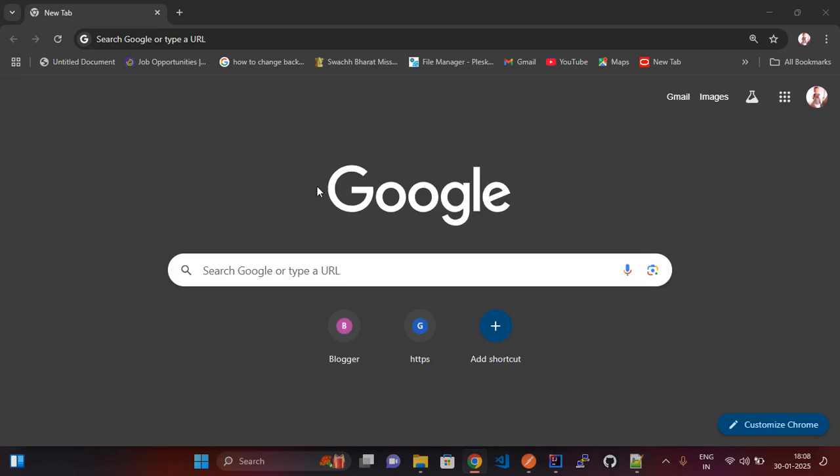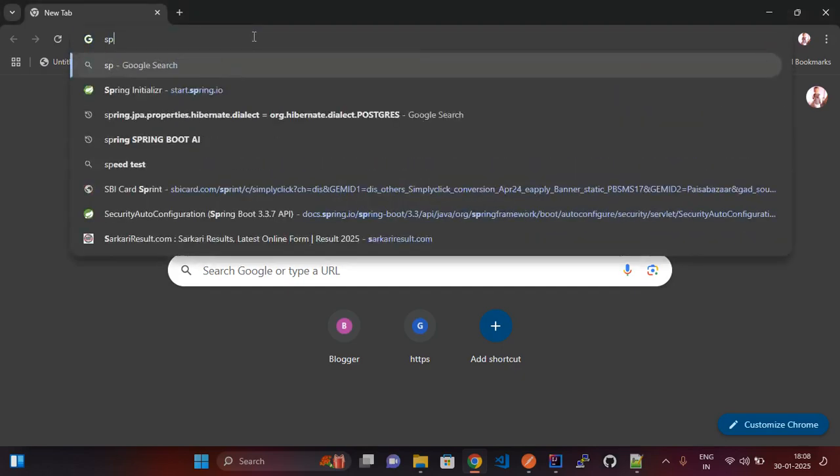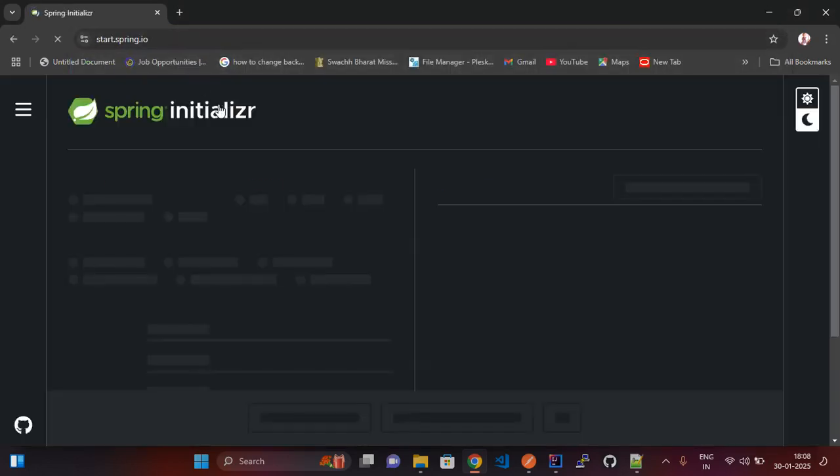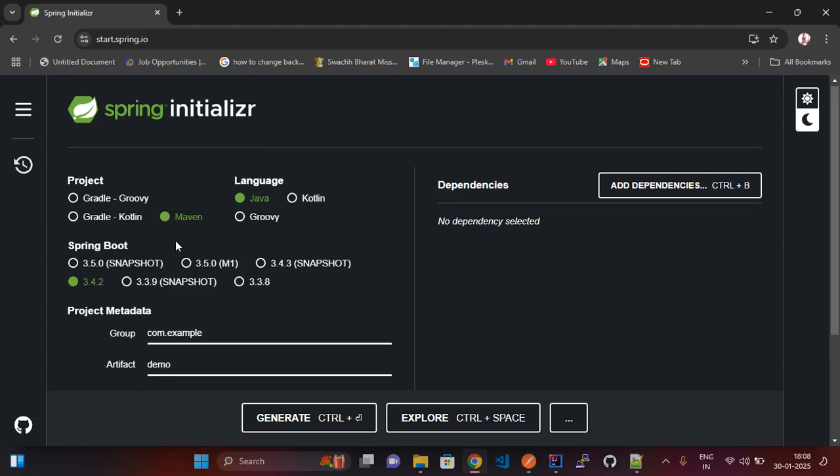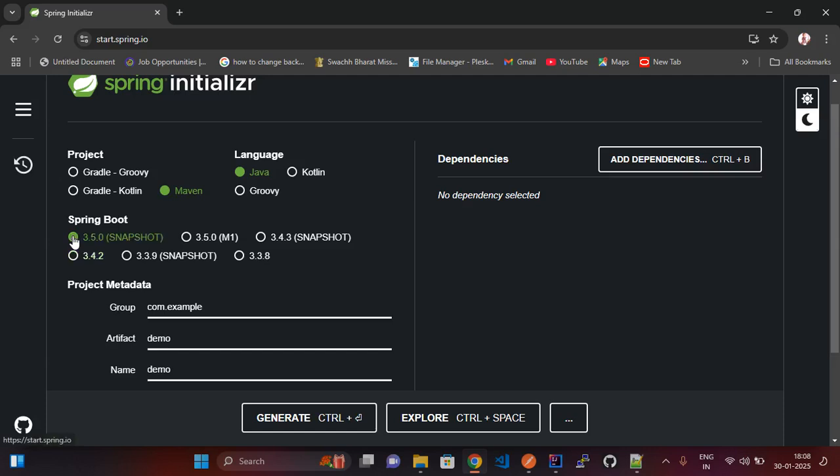So I'm going to the Chrome browser. I have already opened the Chrome browser. In the Chrome browser, I'm going to search Spring Initializr and we will create a new project. So here we are selecting the language as Java and project as a Maven project and adding the Spring Boot version 3.5.0 snapshot and providing the group ID as com.javawin.kafka